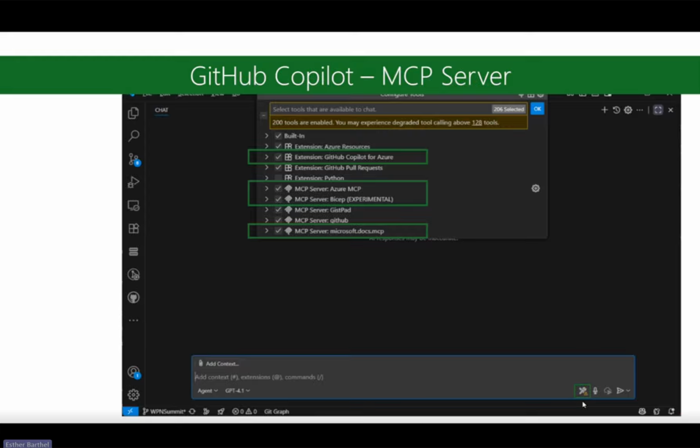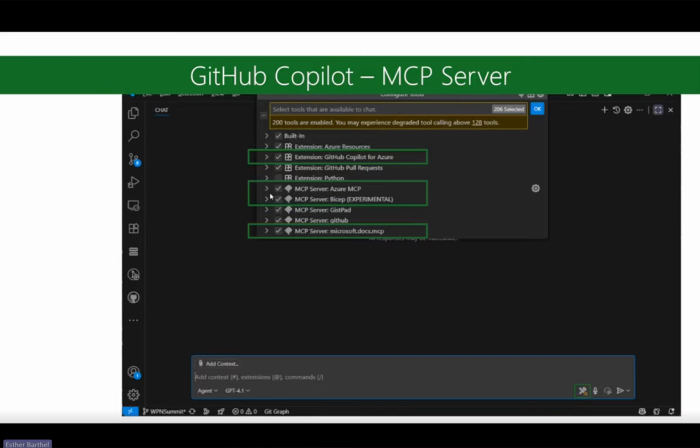In my case, I clicked on the tools selection option within GitHub Copilot, and then have a list of different extensions that can be installed through the extension options within VS Code, or even specific MCP servers that I installed as an MCP server within VS Code.